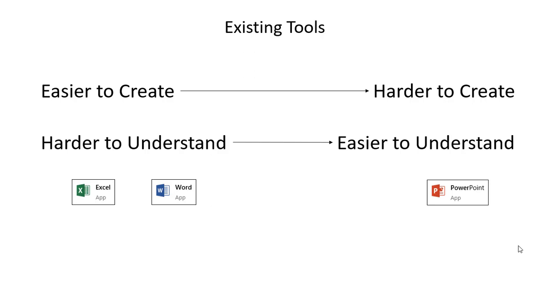In my opinion, I think Excel's on the far end of the spectrum. It's really easy to create, it's nice and structured, but it's also harder to understand. PowerPoint, harder to create, especially when you're needing to drag things, get even spacing between shapes, and then, oh, I forgot something, so now I need to go insert a shape and rearrange all the other shapes so things fit. I've got to make sure I fit right on the piece of paper. Oh, I can't fit it portrait, I got to go landscape. Now maybe I try to go legal size. It's just a lot more work to do it in PowerPoint, but the benefit being more picture oriented, it's easier